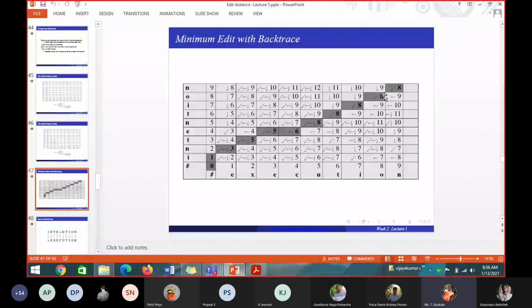0 and 0 is there, no? That 8. Now that 8, from which I got that 8, can you tell me? How I arrived at that 8? Left side 9 plus 1, down 9 plus 1, diagonal is 8 plus 2 or 8 plus 0. Which one I have to take? 8 plus 0, ma'am. So this 8 is arrived from which one? Diagonal. So this 8, put an arrow mark down. This 8 I have arrived from this one. Yes or no?